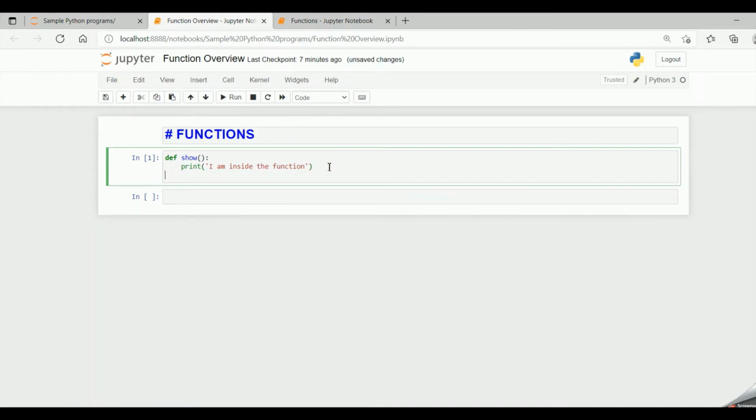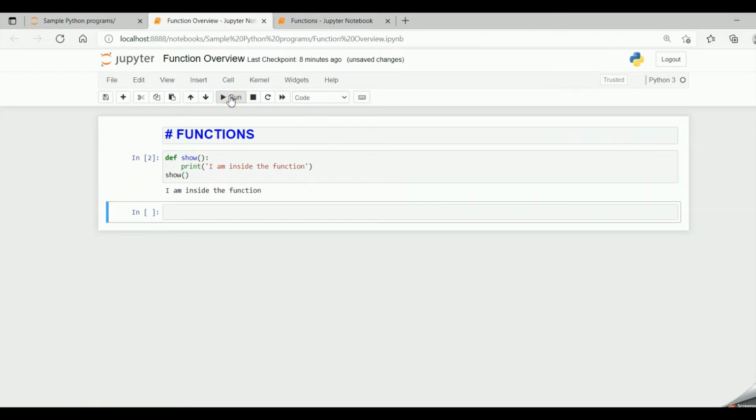Now let me see how I can call the function. For this, I have to say show and then parentheses. When I run my code, this is the function call, show and then empty parentheses, as we are not passing anything to the function.